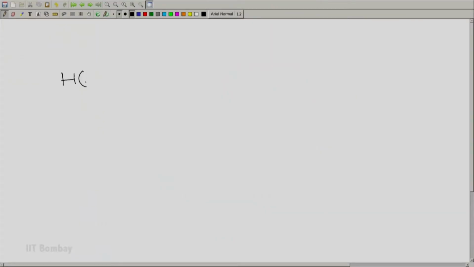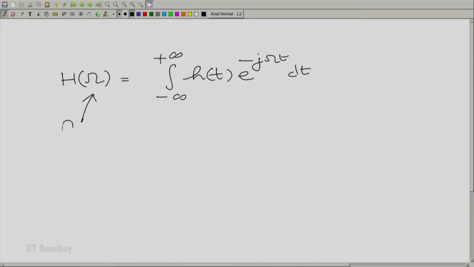Secondly, if we look at this quantity, which we will now write down very clearly, can we think of this quantity H(omega) as a new transform or a new way of doing things with the impulse response in its own right? So, let us answer that question. So, let us look at the quantity in detail once again. So, we have H(omega) is the integral from minus to plus infinity of h(t) e raised to the power minus j omega t dt, and this is a function of angular frequency.